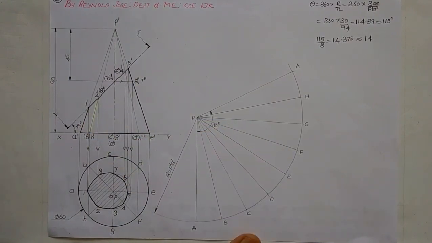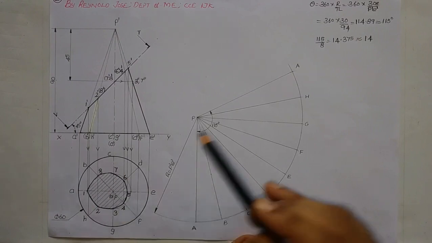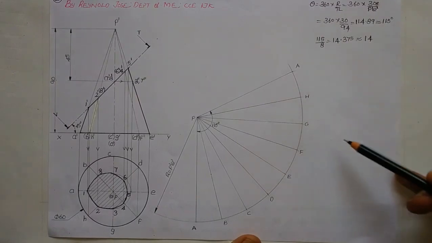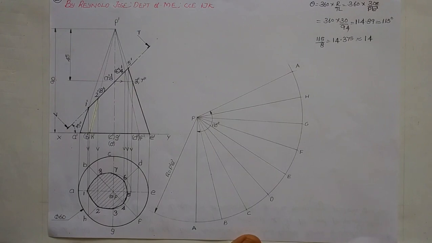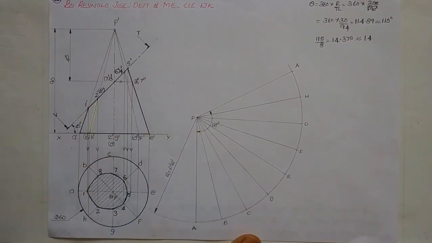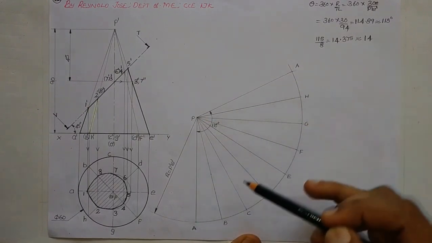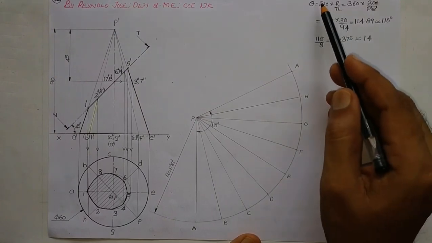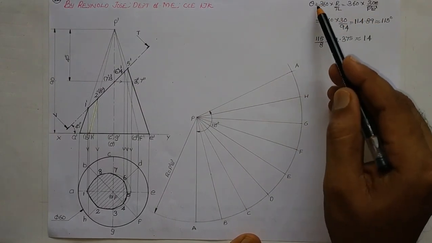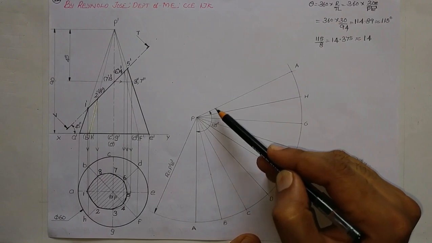Usually in problems regarding development of the solid after the sectioning process, the lateral surface of the solid is only required. We usually don't require the base. So in this case, that is why I have not drawn a base circle here. I have drawn only that sector which is indicating the development of the curved surface of the solid. Here I have drawn it with thin lines and I have marked the dimensions also. So here I have found out the value of theta.